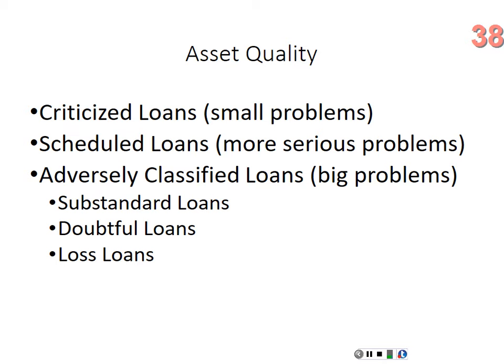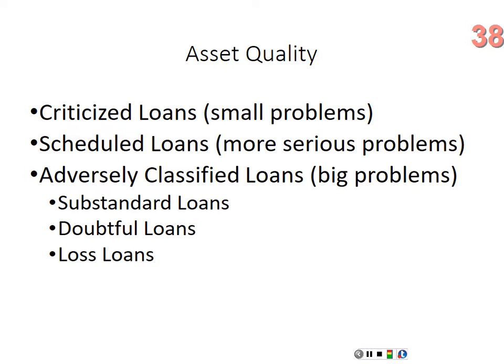You've got adversely classified loans. These are loans that have some major problems. So these are loans that are getting into the 90-day area, and that's the next key date, 90 days late. So substandard, doubtful, or loss, and these are kind of self-explanatory. Doubtful simply means we don't think we're going to get paid for that. A loss loan means that we've written it off the books. We have placed that balance against the allowance for loan and lease losses, and we hope there's some collateral that we can sell to get some of our money back. That's how it works.